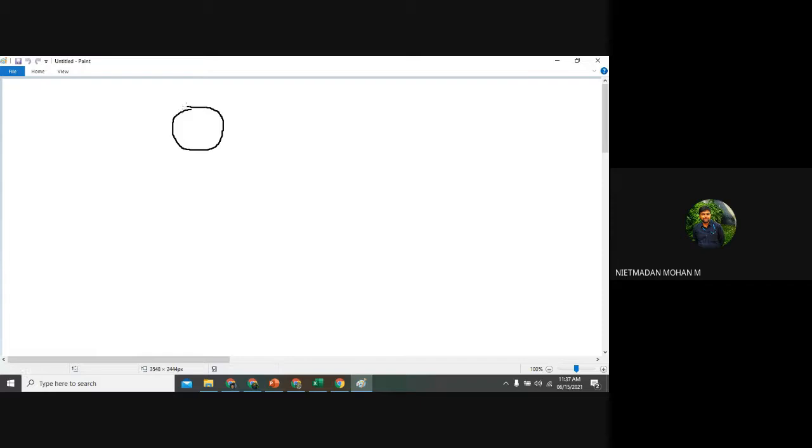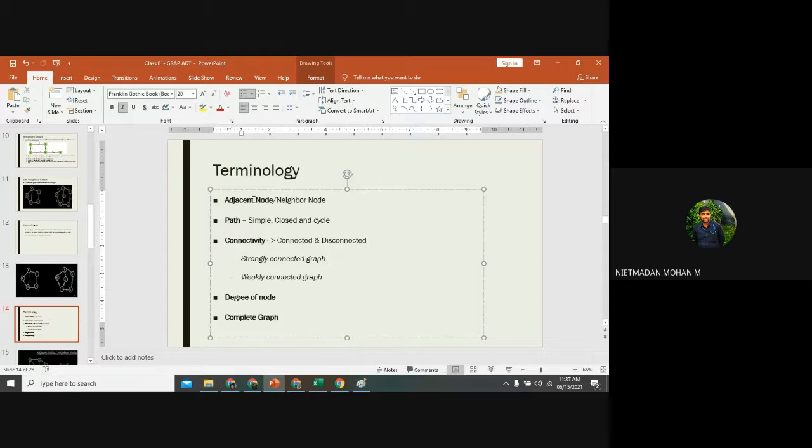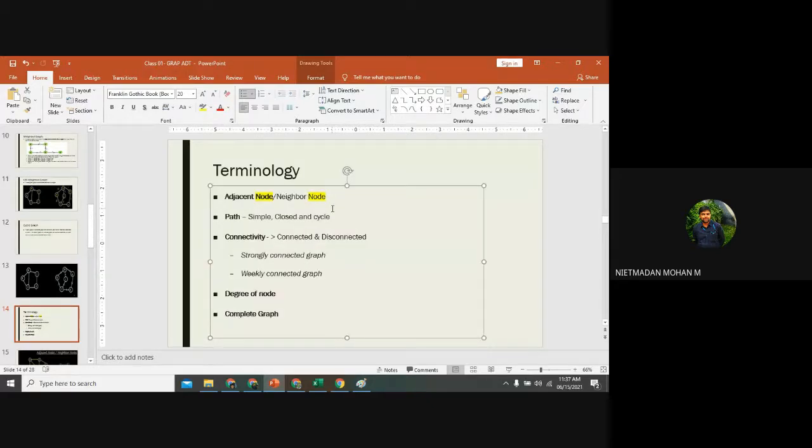Suppose the first graph is like this. The first element I am inserting in the graph is 10. We need to call it adjacent node or adjacent vertices. Sorry, vertices. So just change that. When comparing with the tree, node and vertex have most probably the same meaning, but they will look into whether you have studied the vertices concept or not. So in your exam, if you write vertices, it will be well and fine. Node is also correct, but you can mention vertices in your exam sheet.